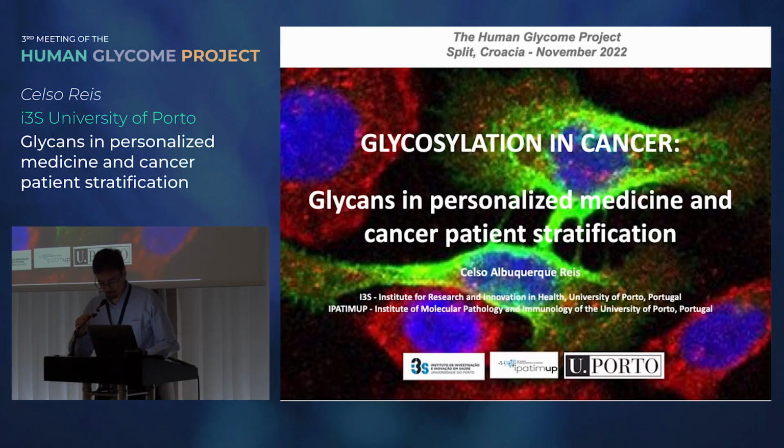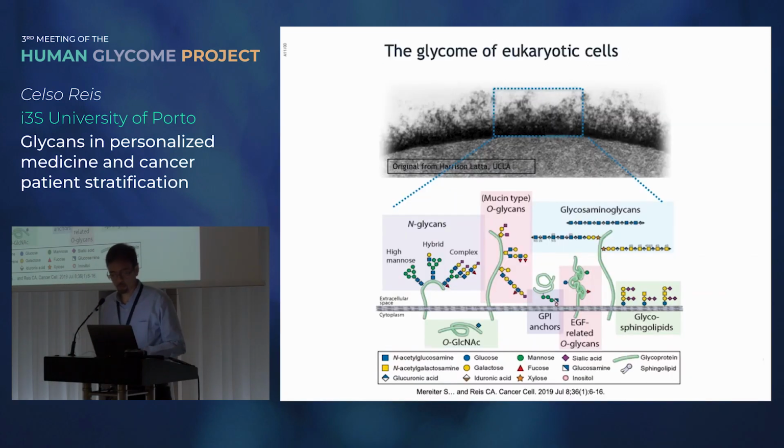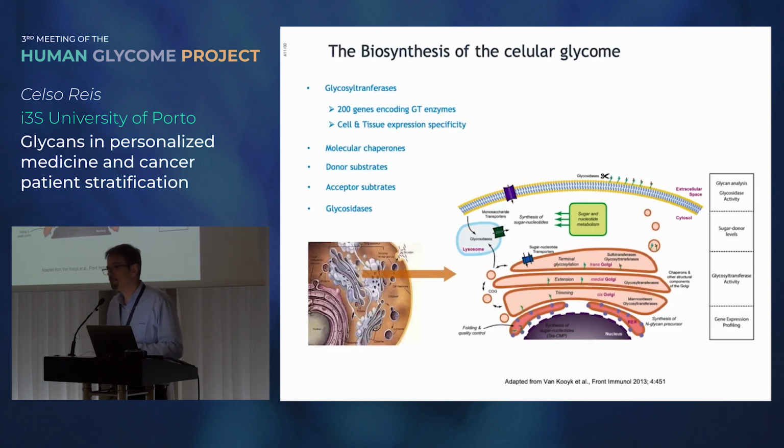I don't have to tell this audience that glycans are very important in all cells, and the several glycoconjugates make up a major part of every cell. And I also don't have to tell you, because this audience knows, many factors interfere with the glycome of a